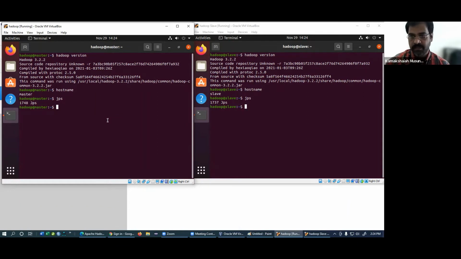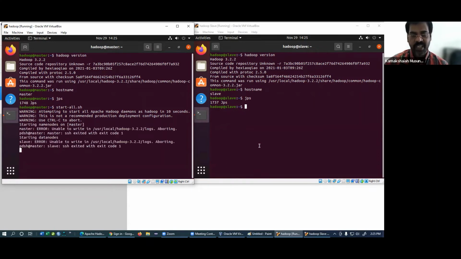Please be cautious. Look at me very carefully. To start the cluster, I need to use start-all. Actually, I should start daemon by daemon, like start DFS, start yarn, like that. But there is one composite command called start-all.sh. If I run it now, the daemons will start, and only to show you that it is a two node cluster, keep watching what I do. So once the daemon starts,